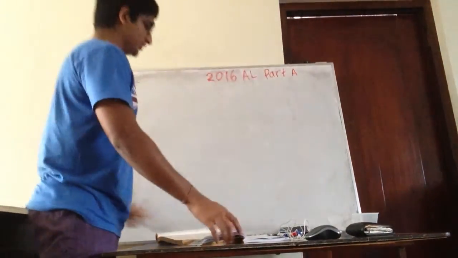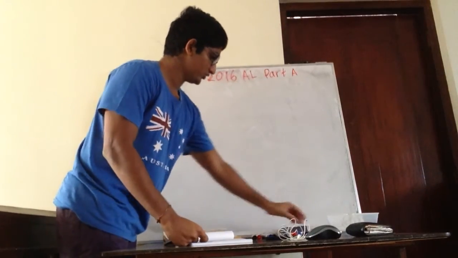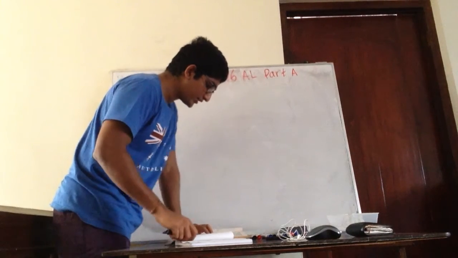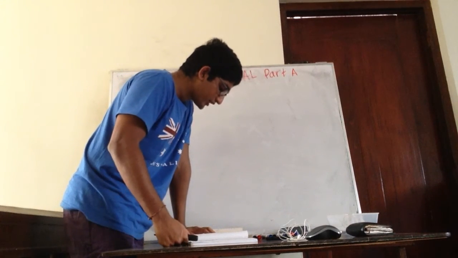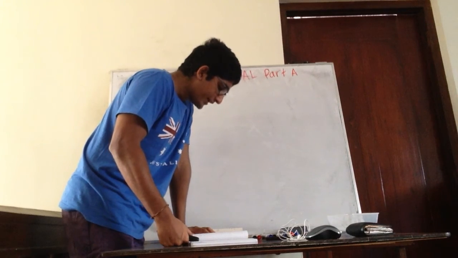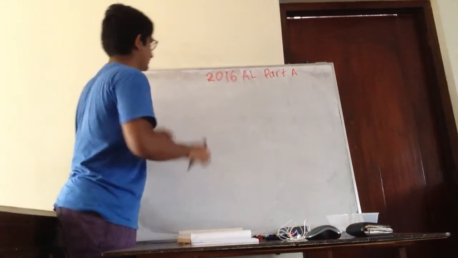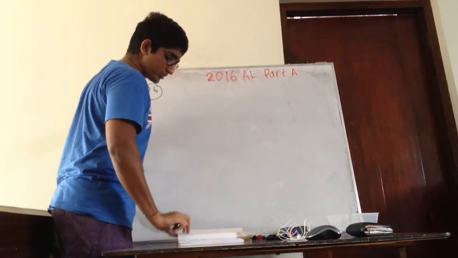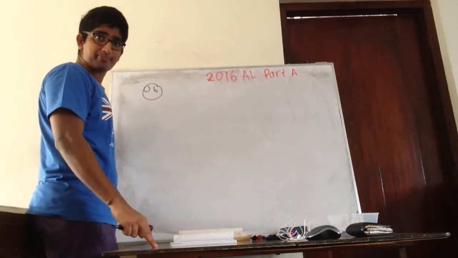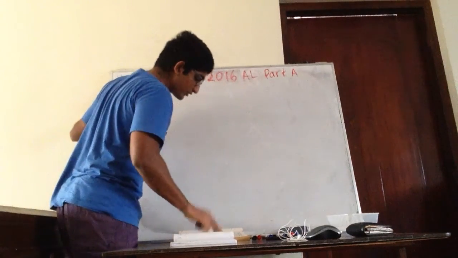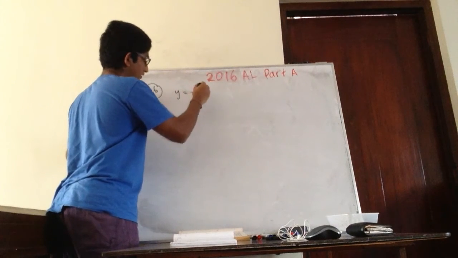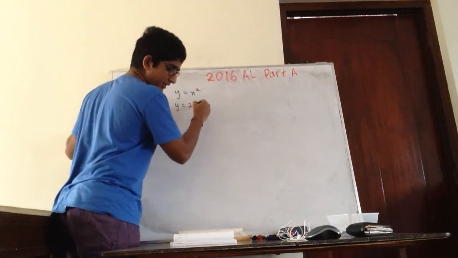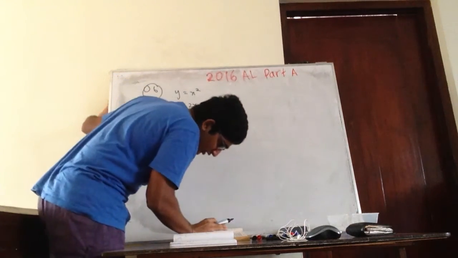Right, so question number 6. Question number 6 says: show that the area of the region enclosed by the curves y equals x squared and y equals 2x minus x square is 1/3. Okay. So now they have given two curves, no? They have given curves as y equals x squared and y equals 2x minus x square.